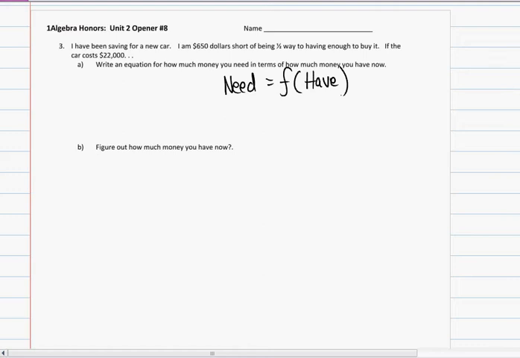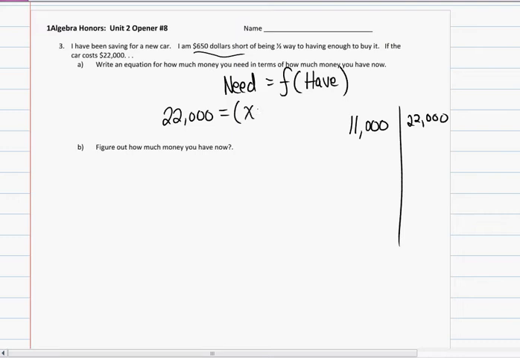So what's the equation? Well, let's think through this. Suppose I had 11,000 and the car cost 22,000, well, I would be exactly halfway. But I'm $650 short of halfway. So the equation I would need is to say that 22,000 is the same as if you took the money I had, which I'll call x, and you added 650 to it, it would be halfway to the